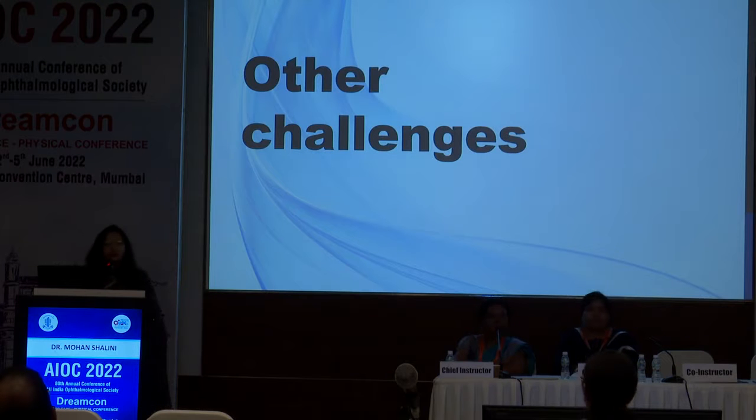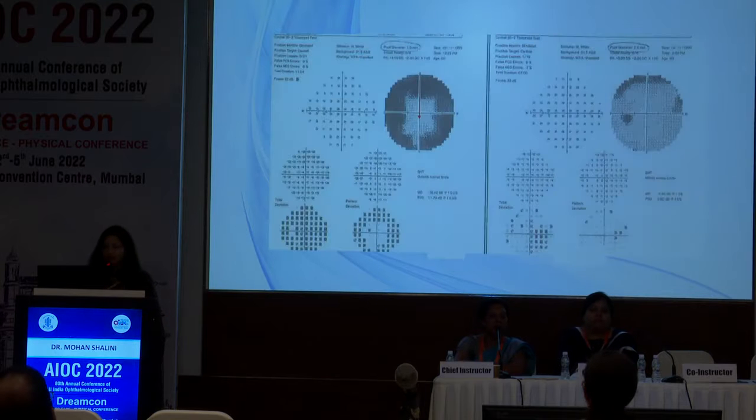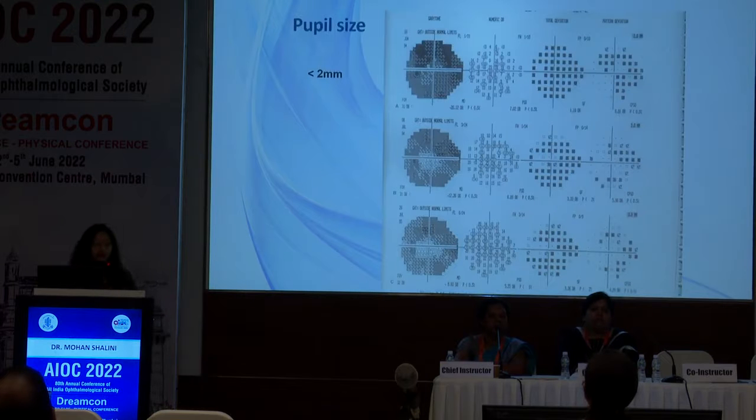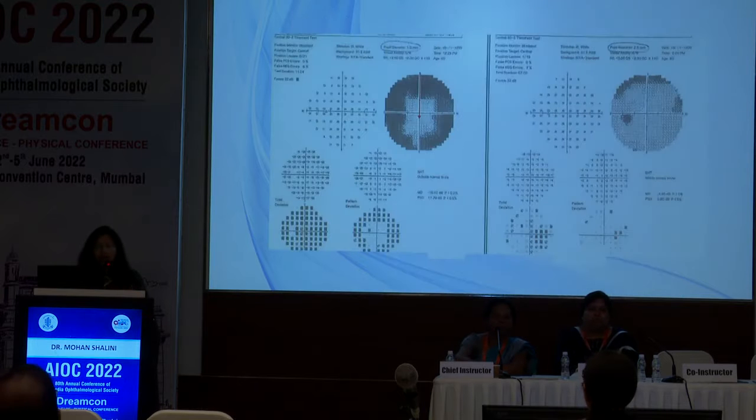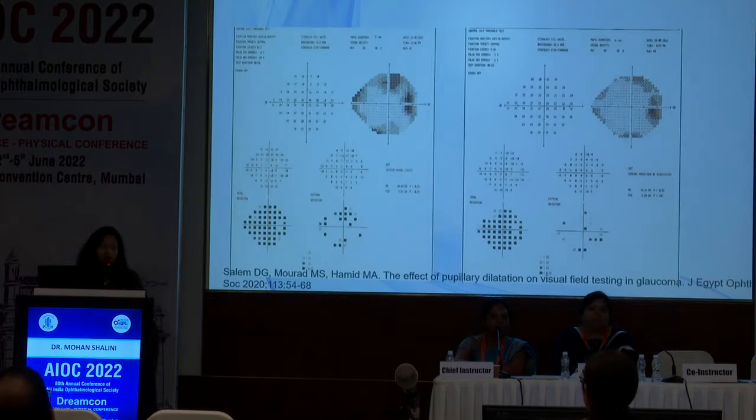of progression. So there are other challenges also which we face while dealing with progression. Like in this, if you see, the pupillary size was just 2 millimeter, and see how depressed the fields are looking. And when the patient was dilated to 3 to 4 millimeter size, the visual field improved. So you must look after the pupillary size also. It should be normal. Similarly, again, this is a miotic pupil, and this is a normal pupillary size. There can be problems with dilated pupils also.